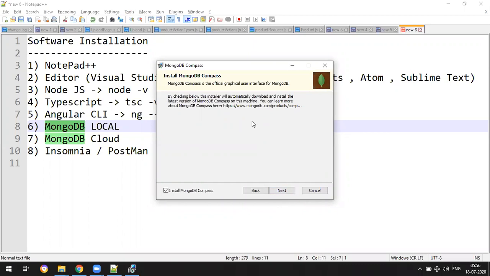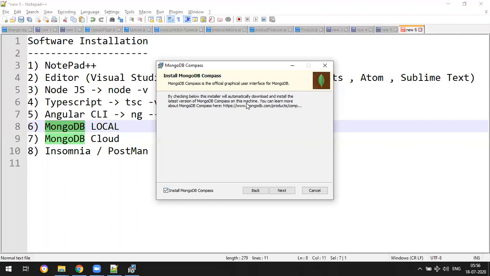So in this, install MongoDB Compass. What is MongoDB Compass? This is a GUI environment to visualize the data, like all the table structures and everything you can visualize. If you select this, it will install this software along with MongoDB.